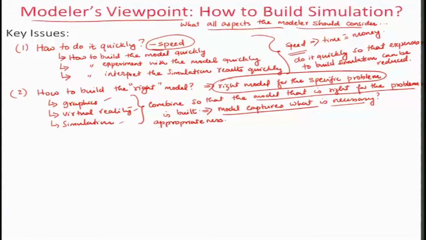Okay. All right. Then the third major consideration that we have here is how to know about the correctness of the model.